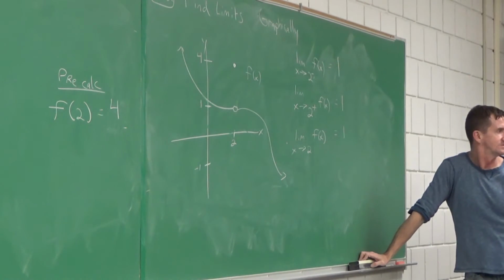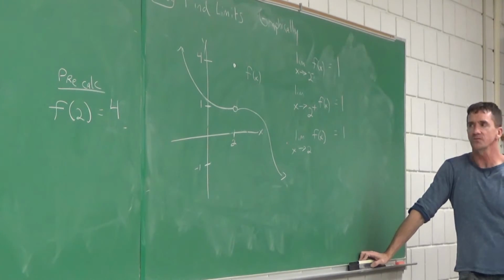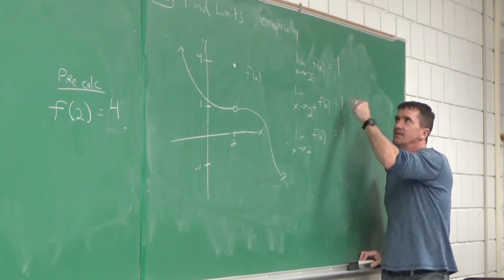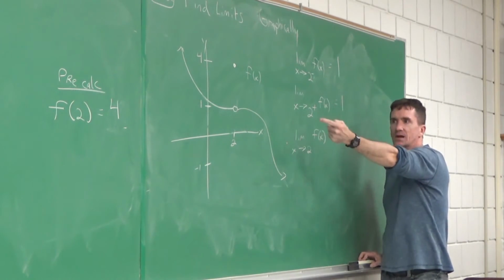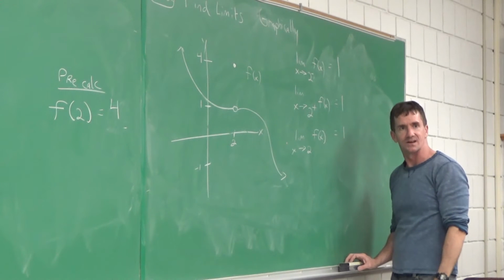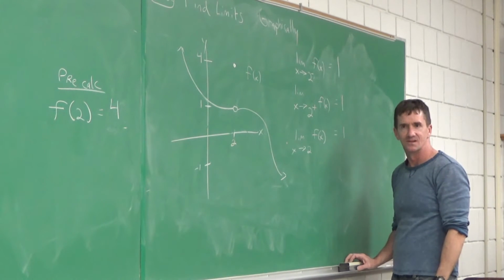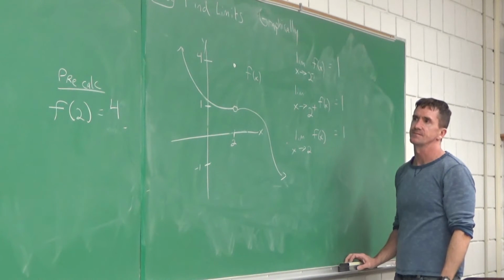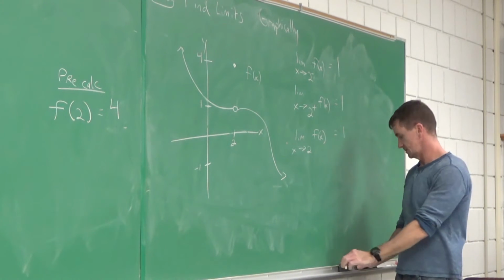Isn't that cool? Isn't that interesting? Don't think, "Oh, it's got the open, I have to put D and E." Absolutely not. If these are matching, it could be a nice hole there. That limit exists, doesn't it? Cool. But what was f at 2? 4. Alright. Now watch this.